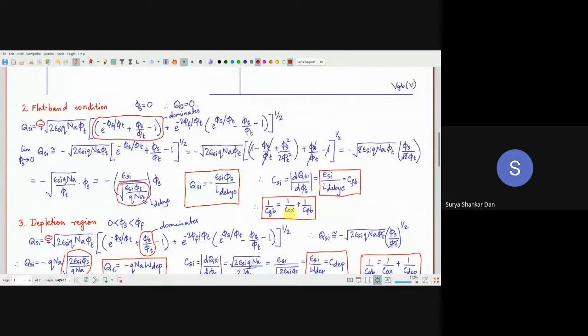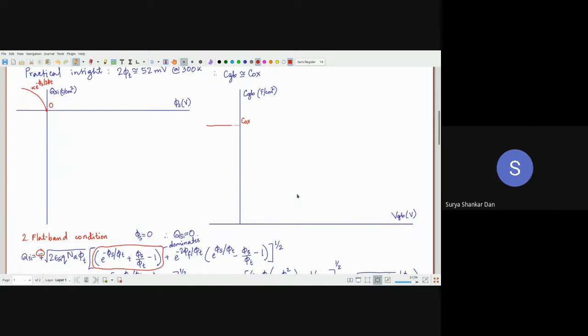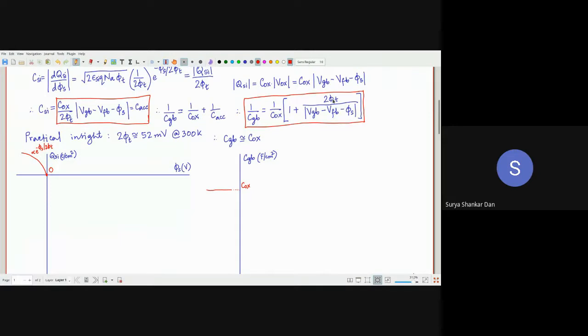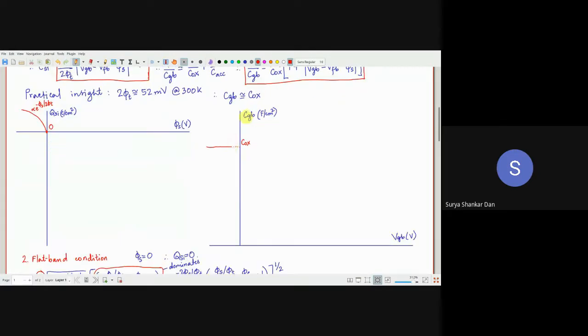So that means clearly the CGB value at the flat band is going to be less than the COX because it's a parallel combination. You know? So that means it is going to be always less than either of the two. So in this case, what we will observe is this was a COX when this term was missing. This was very small. Now, because of the parallel combination, the CGB, not the CSI, is going to reduce. And wherever it is going to cross the VGB here, this is basically your CFB.